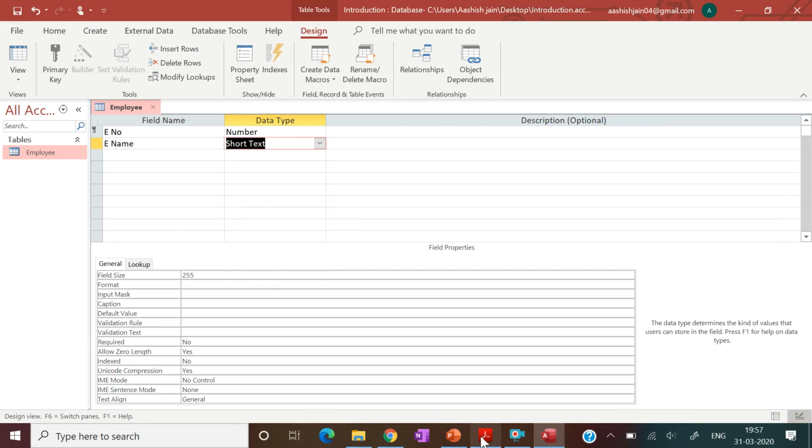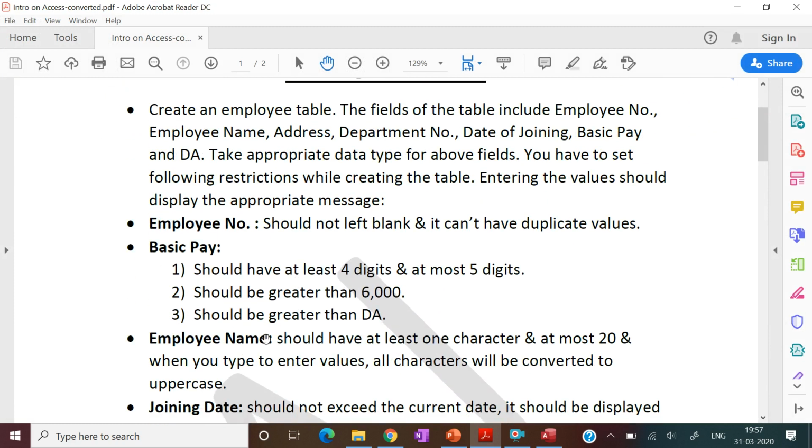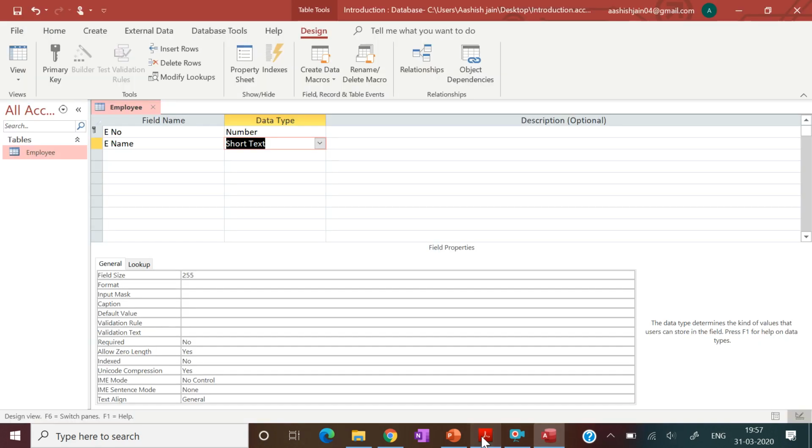Is there any information regarding e name? Yes, it should have at least one character and at most 20. So we will put this in, and all the characters will be coming into uppercase, so we will put all this as input in the field properties. We will put this in input mask.